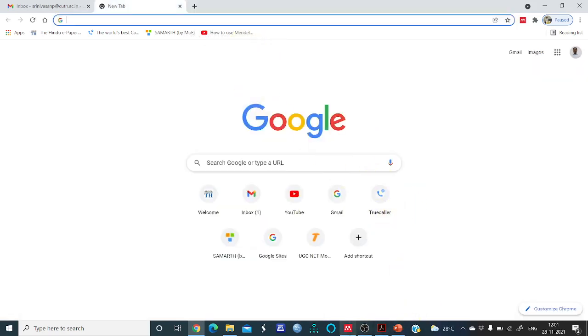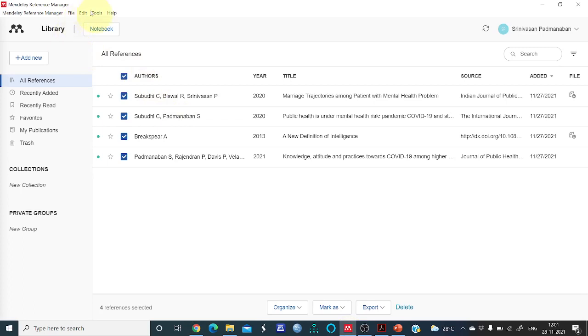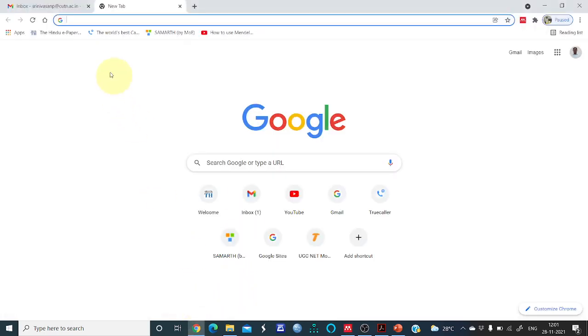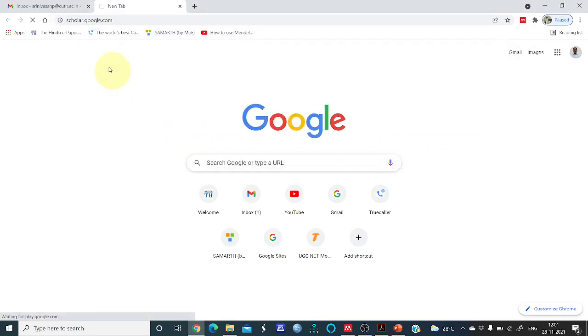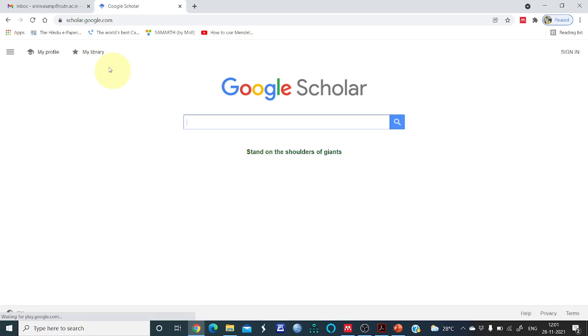Okay. So from the tools, the first one we have done, Mendeley Web Importer. Let us look into how this is useful. I'll go to Google Scholar.